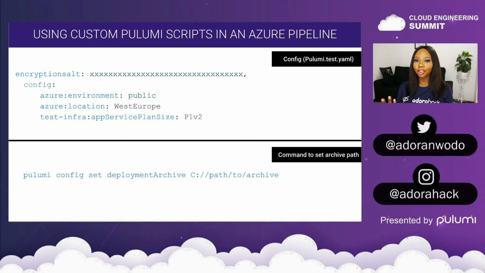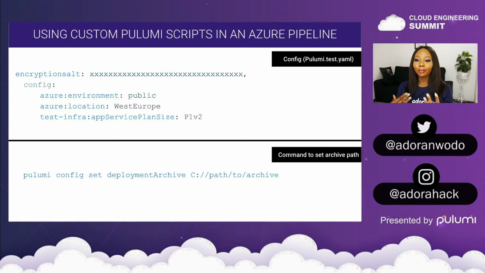You want your staging to be deployed to like West US 2, and then you want your production to be deployed to like France Central. In that kind of scenario, it's always easy to specify those details that are stack related, that are environment related, in your Pulumi stack. And because of that, I have chosen this, because even in the pipeline, I will be able